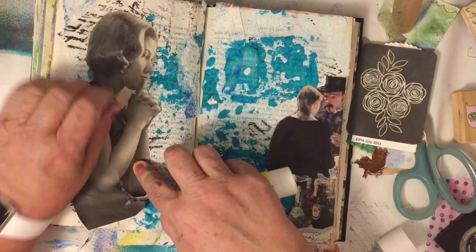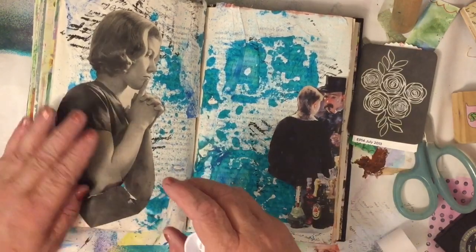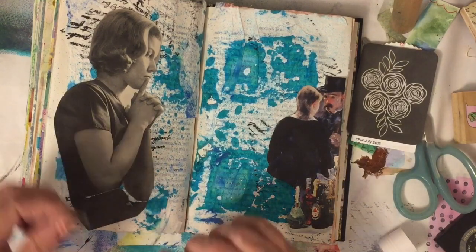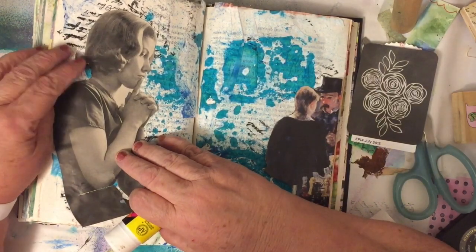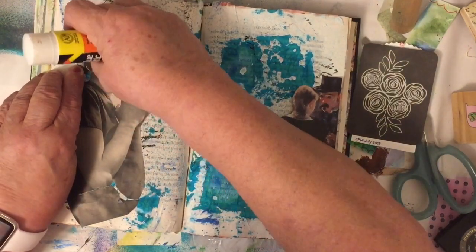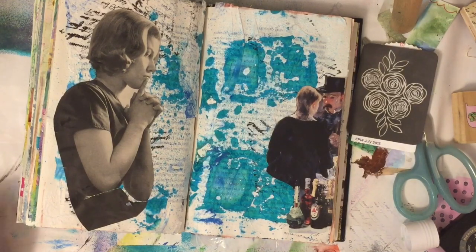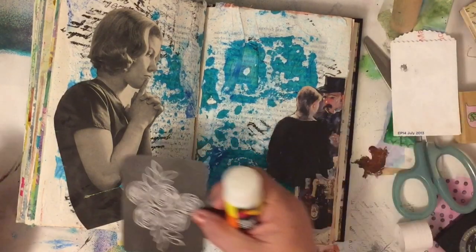Okay. There we go. And you know what this is? This is her little bit of hair. I don't know how that hair went. It was a little flip up. But you know what? It doesn't matter because it looks fine. It actually looks a little more updated. Okay, so she's in, and